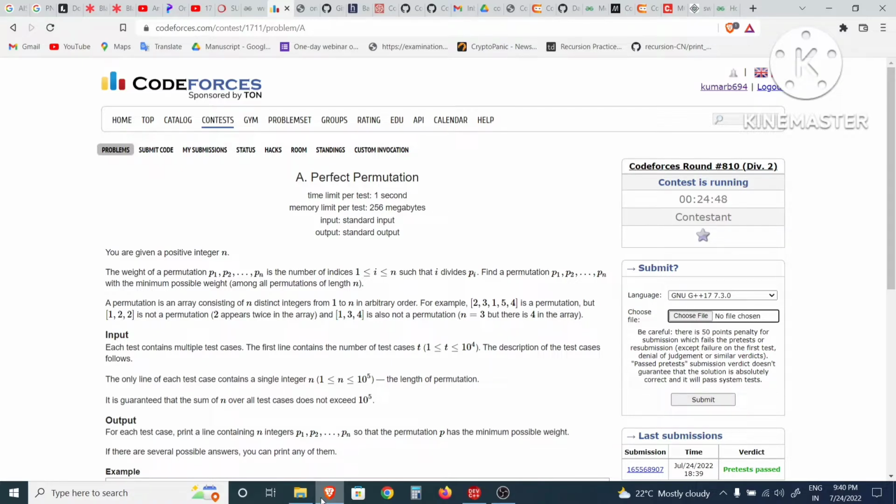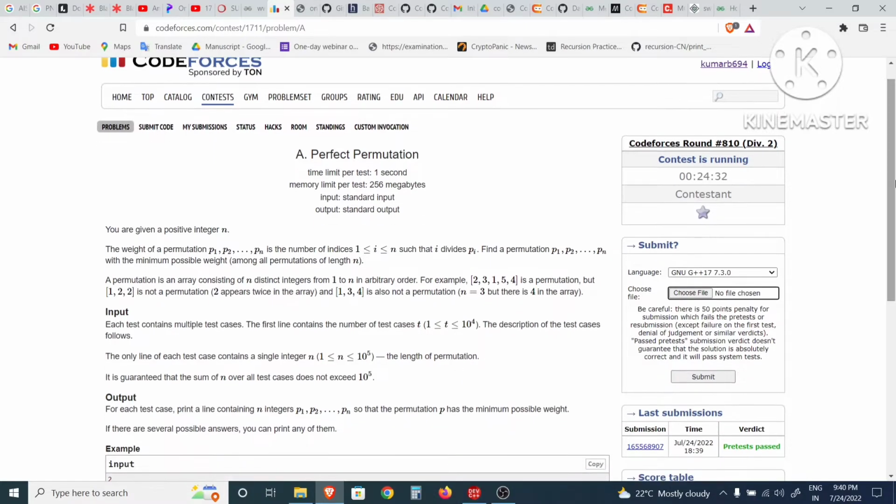Today we are going to see another question on Codeforces that is running in an ongoing contest. The question name is Perfect Permutation. This is an A-level question currently asked in the running Codeforces competition, Codeforces Round 810 Division 2. So basically in this question